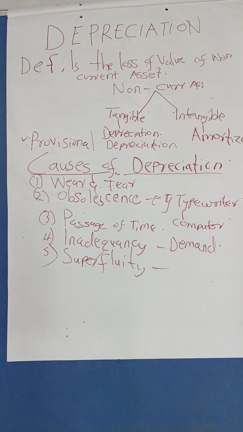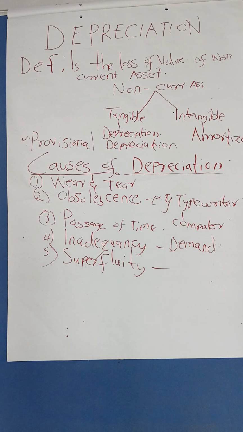If we are producing 1,000 units in the organization with the bigger machines, and now in the market the demand has gone down, there is no need for us to have that bigger machine. We just have to purchase a machine that can produce the required units in the market and be able to supply those. So the bigger machine will no longer be needed. It will have lost value, and we'll have to dispose of it.